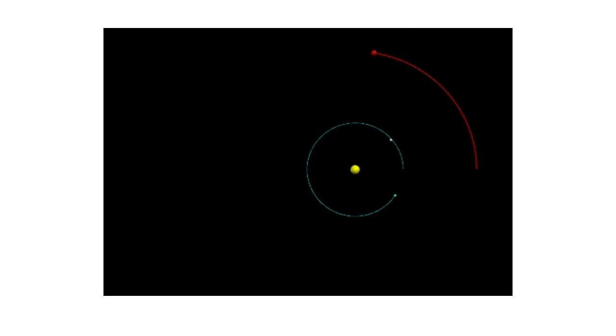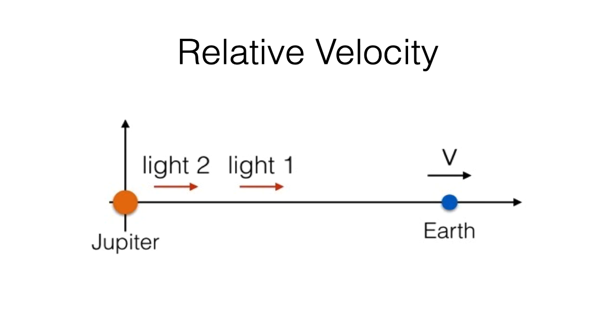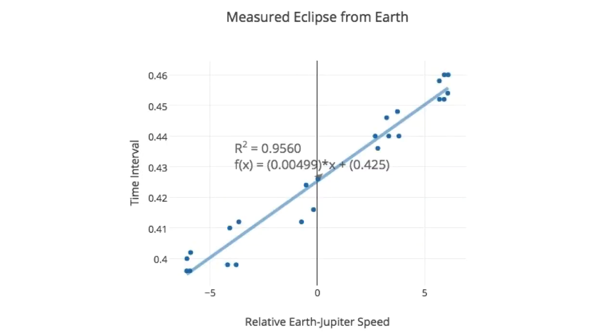Kind of cool. Here's a little animation of light coming from Jupiter to the Earth, and you can see it takes less and less time. And I made a little graph, and I don't really want to talk about this stuff because it is cruel, but